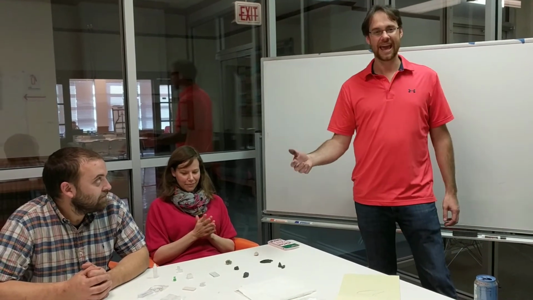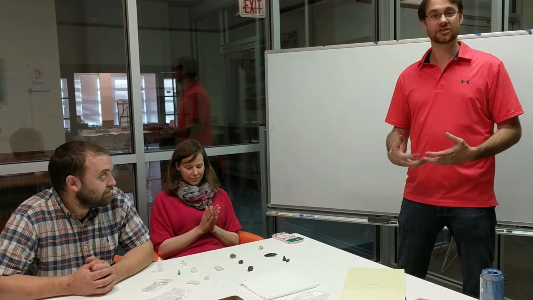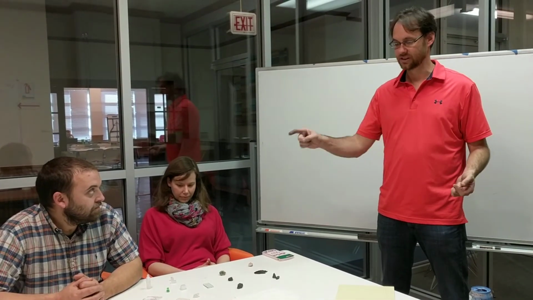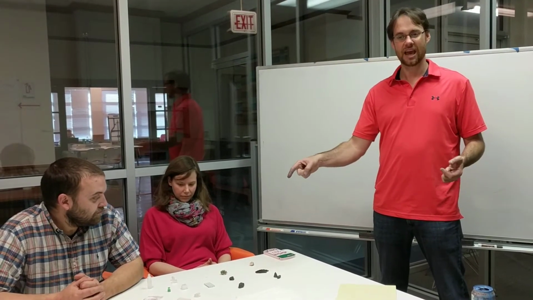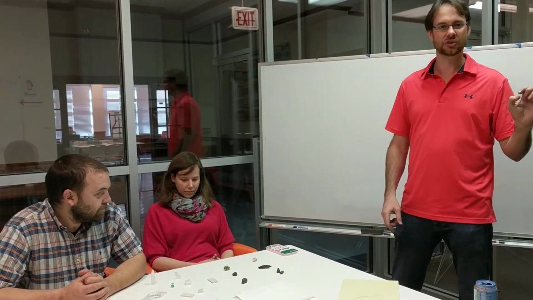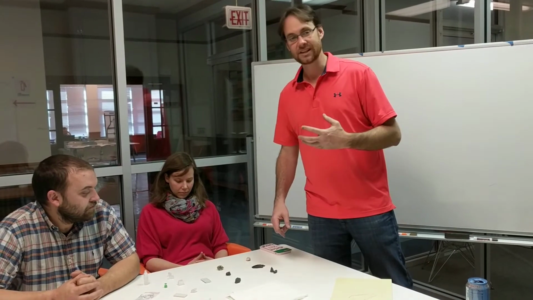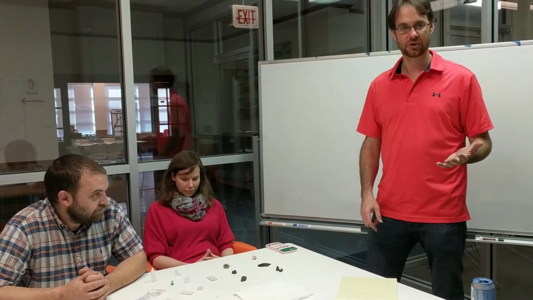This mineral is called halite. Halite is salt. That's all it is. And there is no difference between this halite mineral and the stuff that you put on your eggs or your steak except size. So if you went and looked at the salt that you use on your table and look